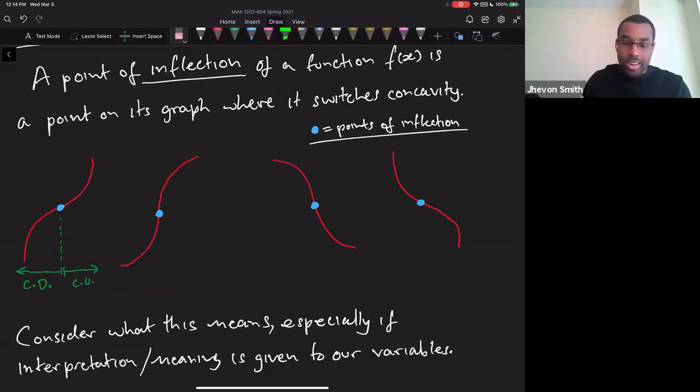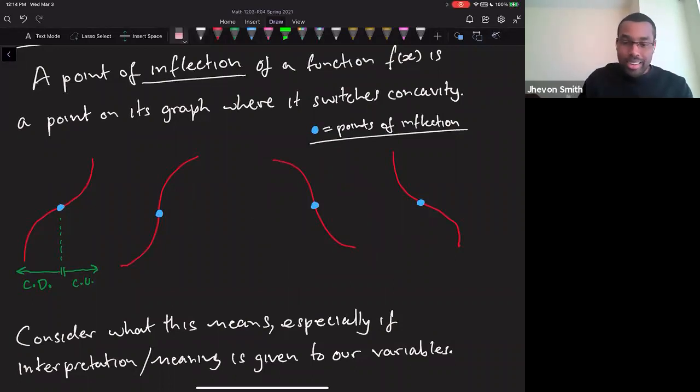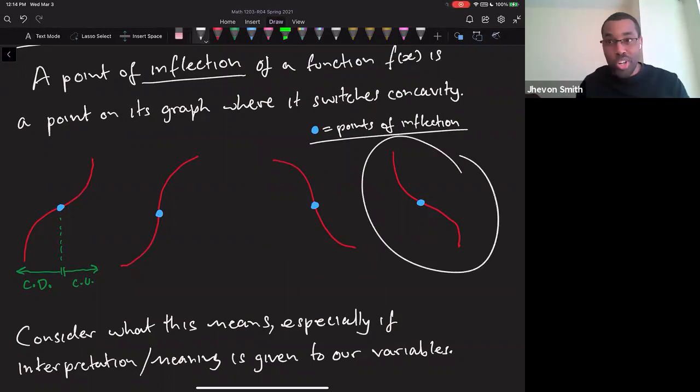Versus here, it's like, well, this is bad news. We are bleeding profits. However, there is hope. We were way worse before, but now we're getting a little better. We're not losing as much money as we were losing before, right? Whereas here, dude, it's bad and it's getting worse. We were losing money before, but now we're really losing money. Like, you understand, there's an interpretation. Once you put an interpretation on the graph,